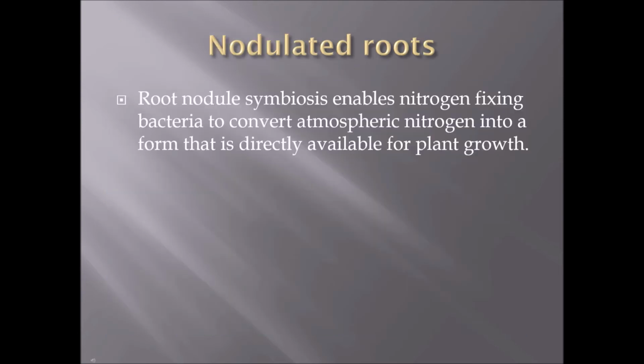Next is nodulated roots. So in the root nodules, that is in the root gaps, some nitrogen fixing bacteria will get settled inside the nodulated roots. So there will be small knots on the roots. So there the nitrogen fixing bacteria will go. It will take up the atmospheric nitrogen, the nitrogen that is present in the air. It will take it up and convert it into ammonia or nitrates and give it to the plant for its growth. So this is the function of nodulated roots. So this is the third modification of the taproot.